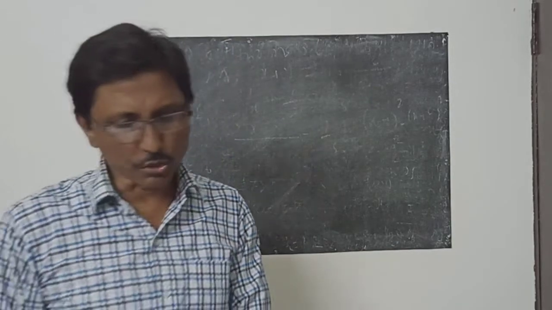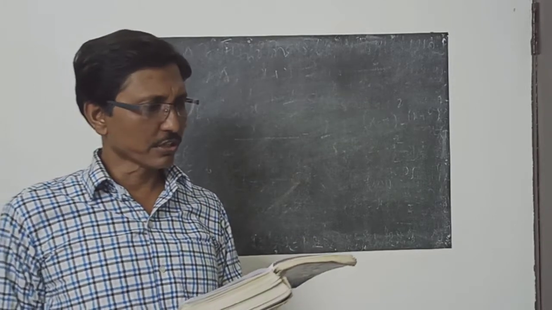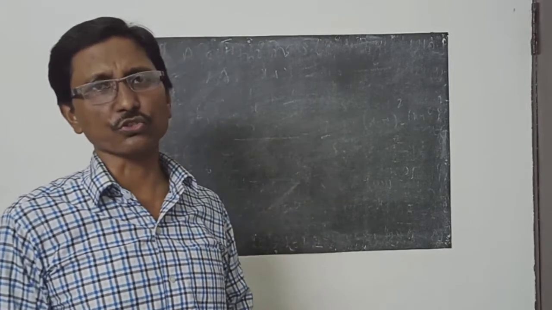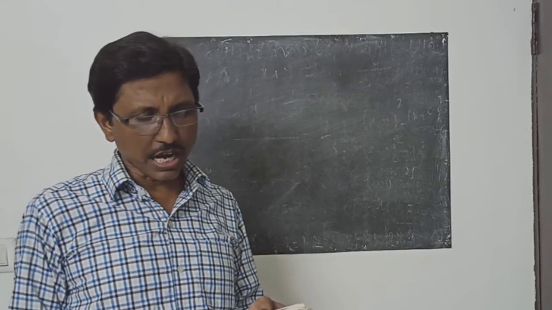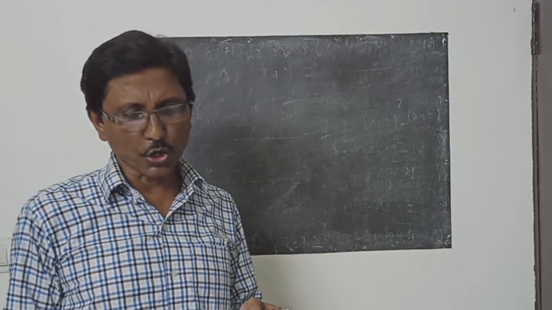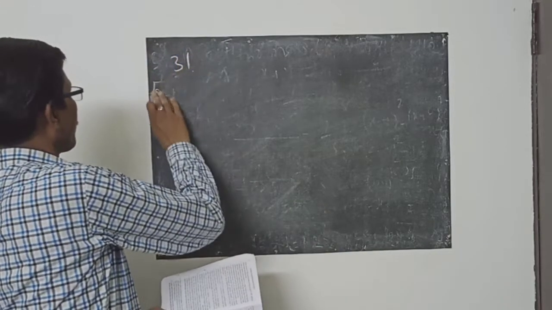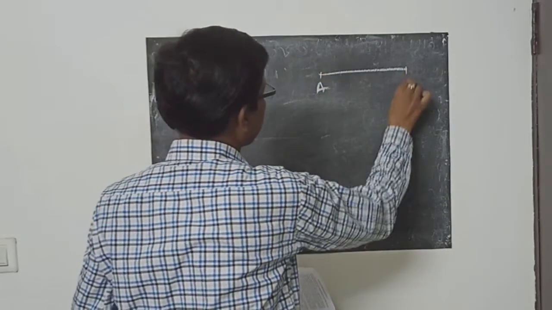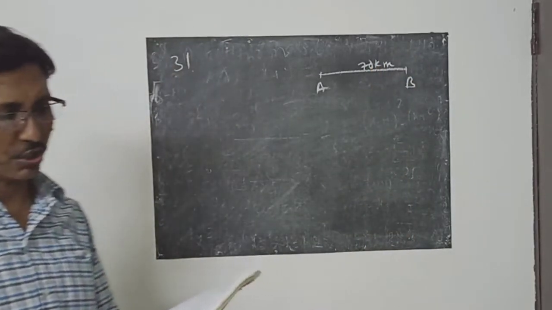Through your book, if you want to go, question number 31, that is the distance-time or speed problem. Again, like any word problem, you have to read the question again and again. I am reading the question now. Points A and B are 70 km apart on a highway. That is question number 31. Points A and B means two points you are having. They are 70 km apart from each other.